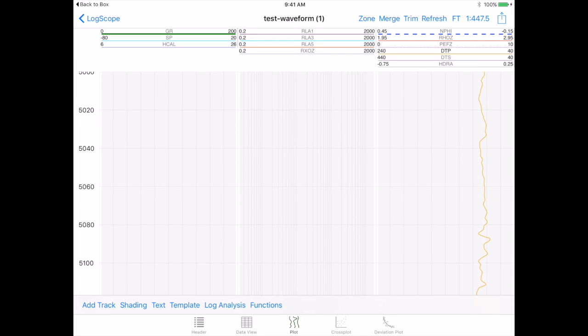This is not the plot that I'm going to use for creating the waveform, so I go and I select